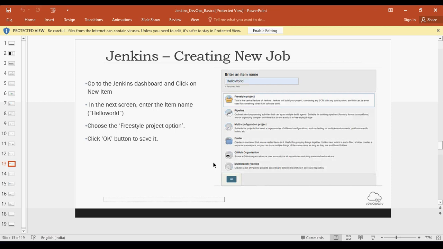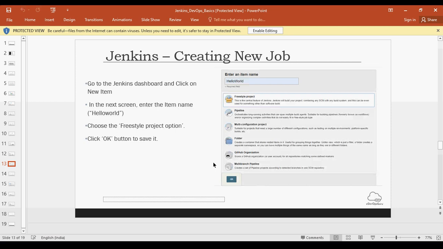Then you can create multiple jobs. Earlier we used to call them jobs, now they call them projects, or some people also call them a pipeline. There are multiple types of jobs which you can create.